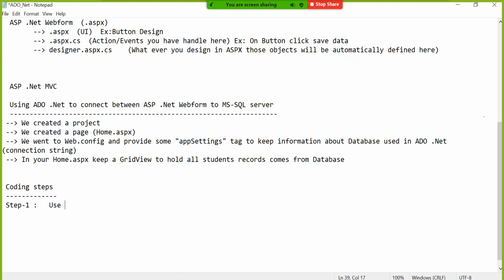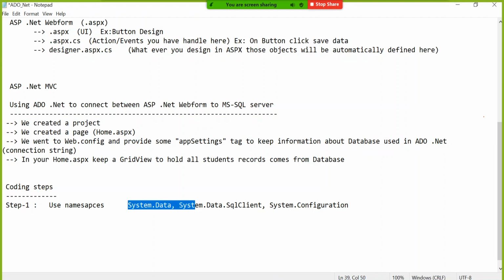Use namespaces. I'll tell you what namespaces are to be used. One is called System.Data. One is called System.Data.SqlClient. One is called System.Configuration.